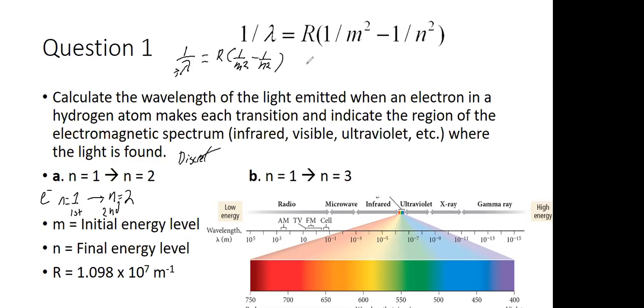So let's plug in our variables. So 1 over wavelength. We're solving for wavelength, so we don't know what that is. That's what we're solving for. Equals Rydberg's constant, 1.098 times 10 to the 7 per meter, multiplied by 1 divided by our initial energy state squared. Our initial is 1, so it's 1 squared, minus our final energy state, 1 divided by 2 squared, right? And so when you plug all that in, you'll get 1 over wavelength equals